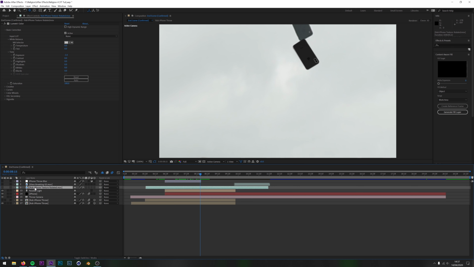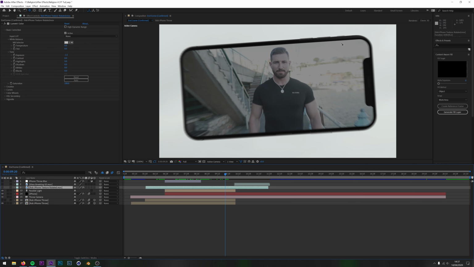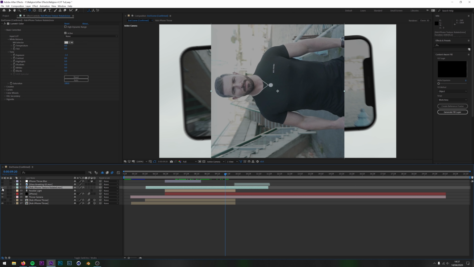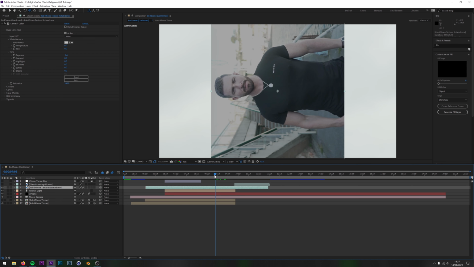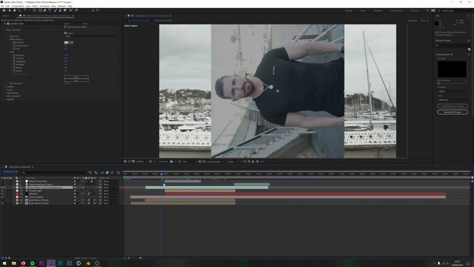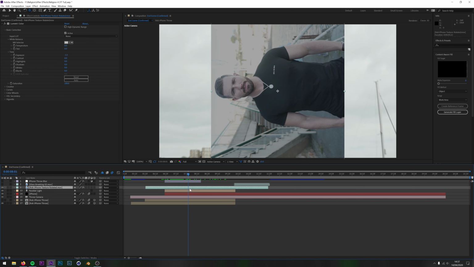The next one up from that is the Rob iPhone Texture Rotated. Now, this is essentially this. All right, so this layer is actually switched off for the effect. If I switch this layer on, you can see Rob's pretty face. Now, I don't actually have to have this layer on. It needs to be switched off, because if it's on, then this layer is going to be on through the whole effect. And as good looking as Rob is, I can't really have his face on there the whole time.